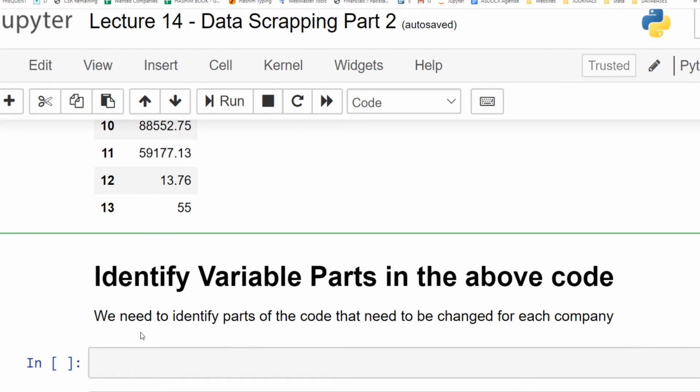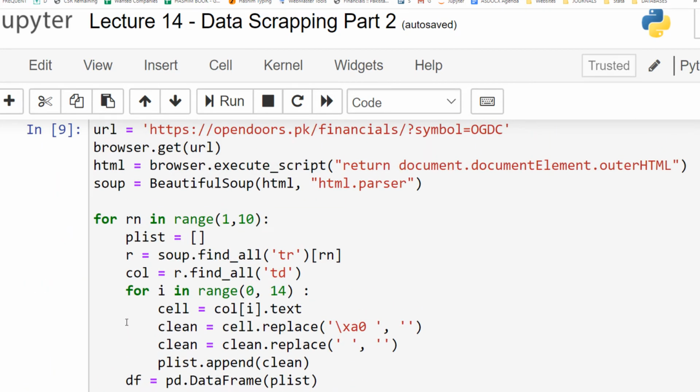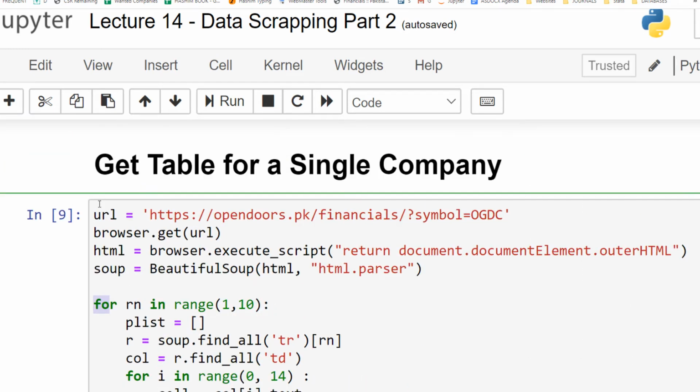Now for today's lecture, our first task is to identify variable parts in the above code. We have to identify those parts of the code that might vary from company to company. So if we look at the code, which part of this specific loop or which part of this specific cell might vary for another company.